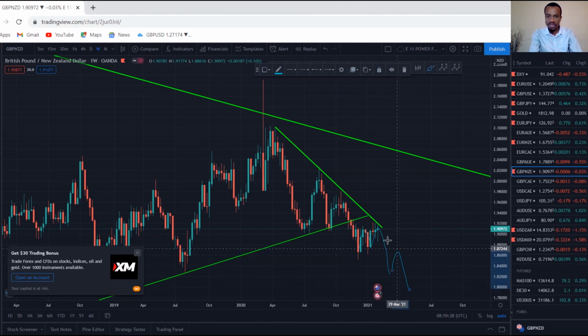If GBPNZD doesn't break this downtrend here, an M formation or double top might be forming, then continuing to the downside. Okay, so we anticipate that around this area GBPNZD may drop, and then if there's a break around this area, you can capitalize also on a second opportunity to the downside. So around this area, if GBPNZD doesn't break, we'll take a short. We'll be taking some sells to the downside,